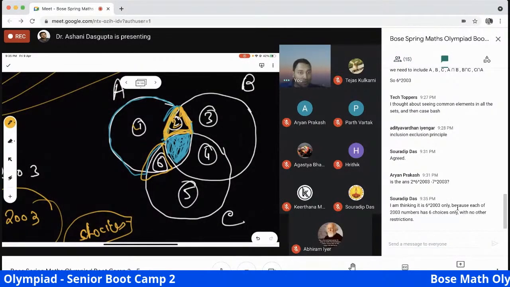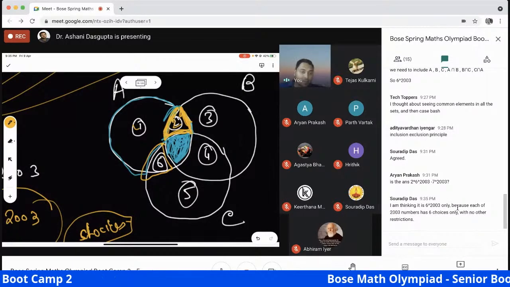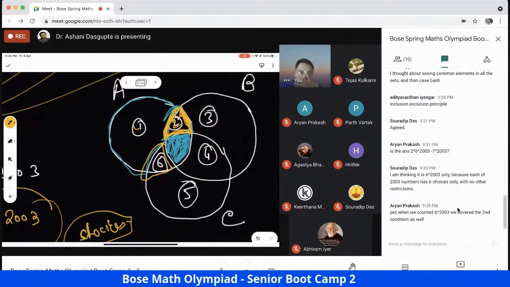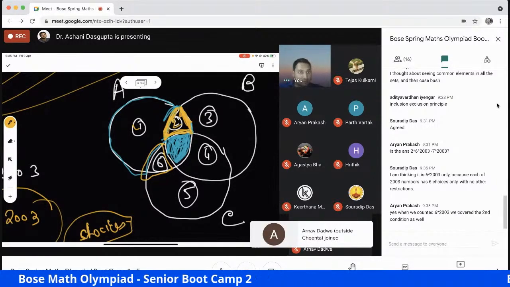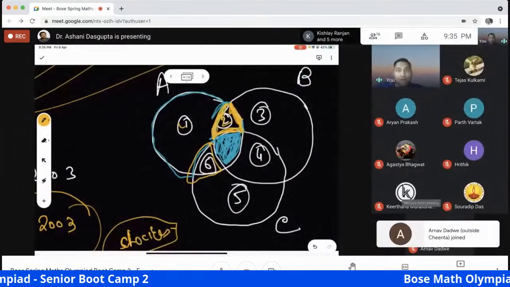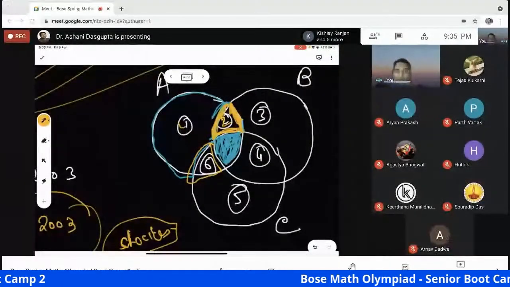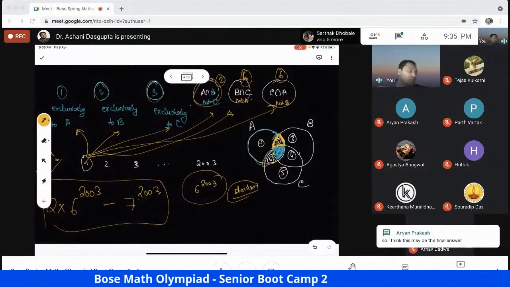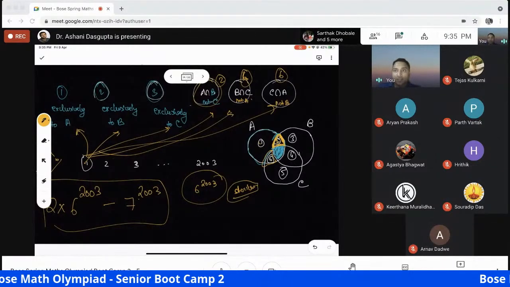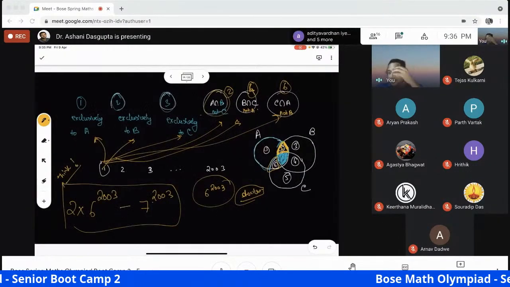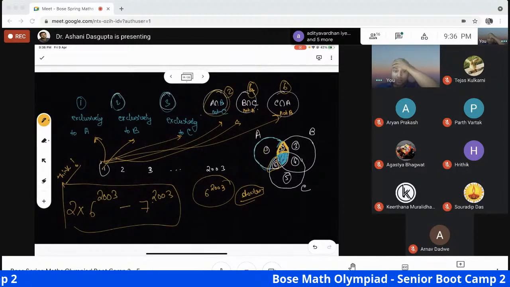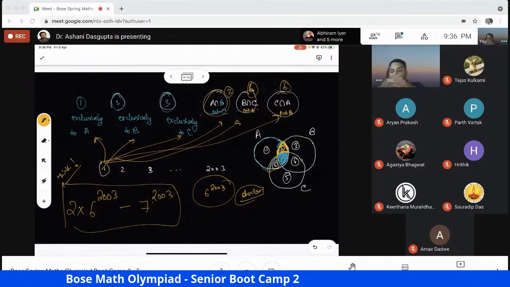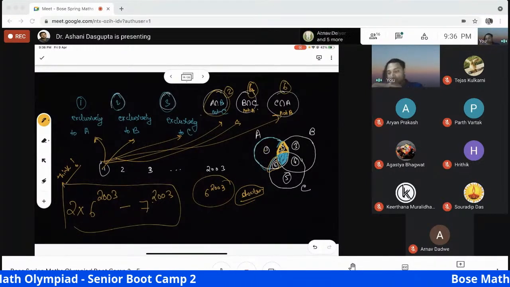Okay, so Shauradip is thinking that it is 6 raised to 2003. Okay, so no other condition is given. Okay, so I gave you the strategy. You have to sort of convince yourself if the answer that you're getting is correct or not. But the general strategy, this is true. If I can stretch this a little bit more,